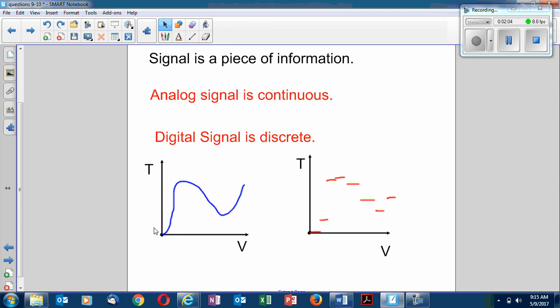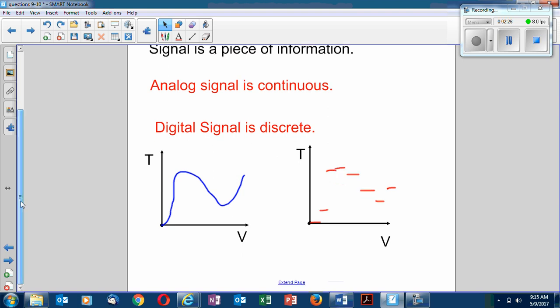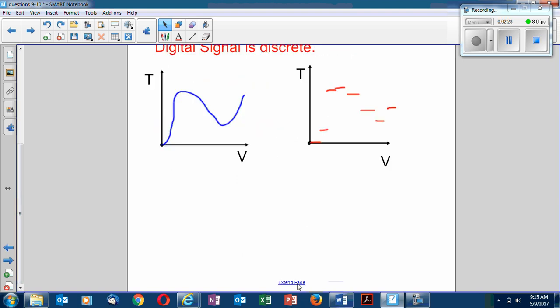So you can see that the analog signal, for every single point you can get infinitely close to that value. With digital signal, at this point in time, it's just flatly this note, at this point in time it's this note, at this point in time it's this value, and so on. Another good example is the ideal analog clock and digital clock.